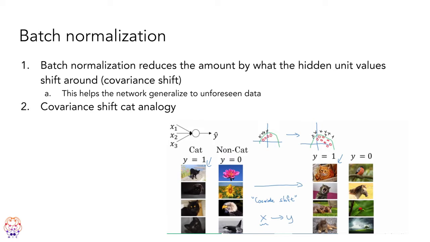If you have a network that only learned how it's supposed to train on whether it gets images and wants to tell the difference between cats and not a cat. So if you get a hot dog, it's not a cat. If you get a cat, it's supposed to be a cat. But it's only ever seen black cats. So if you show it a white cat, for example, it's never seen this before, so it just gives it the class "not a cat" because it has a high internal covariance. So by performing batch normalization on our neurons per each layer, it simply reduces that and allows you to generalize